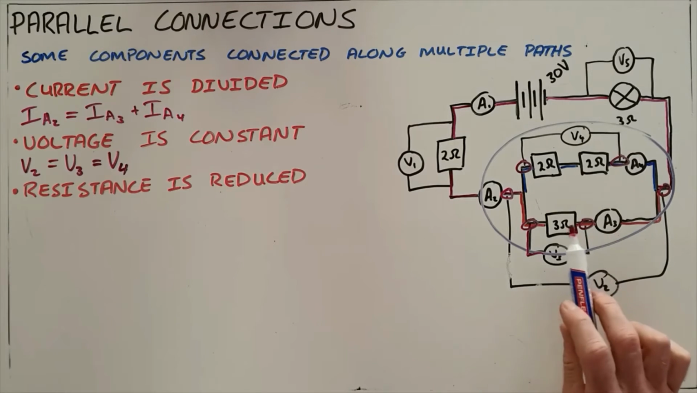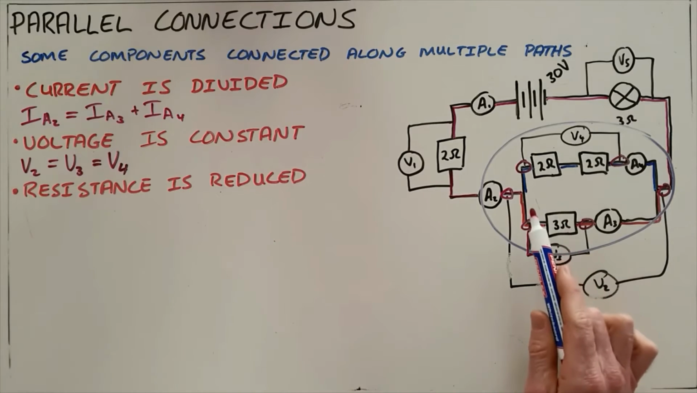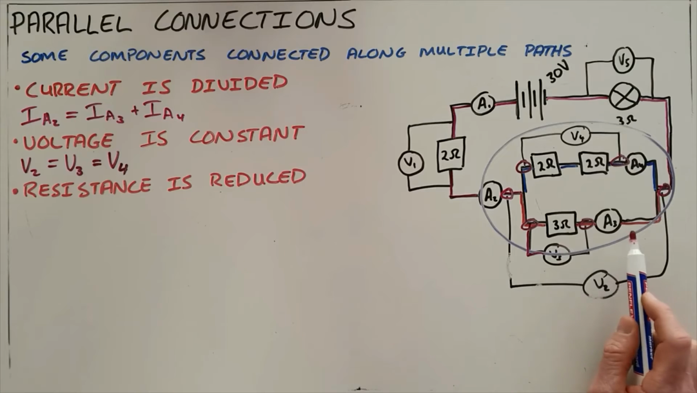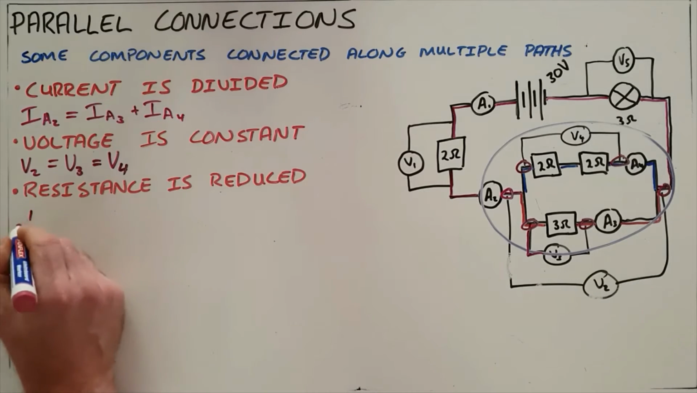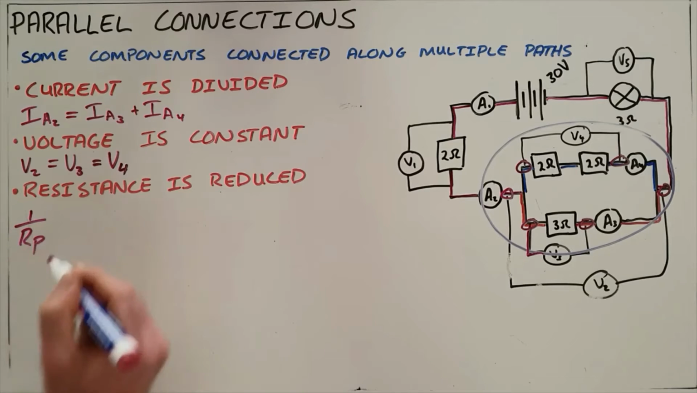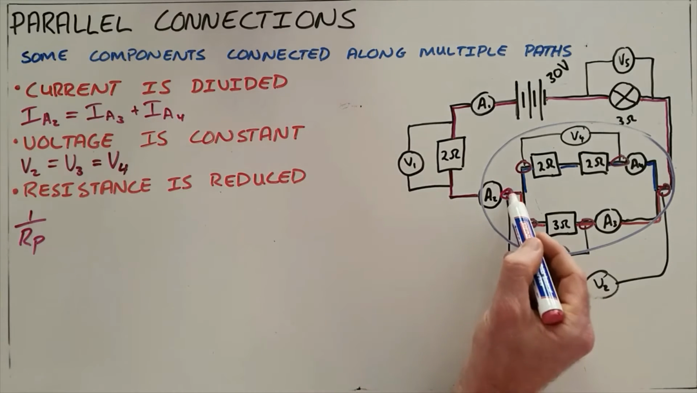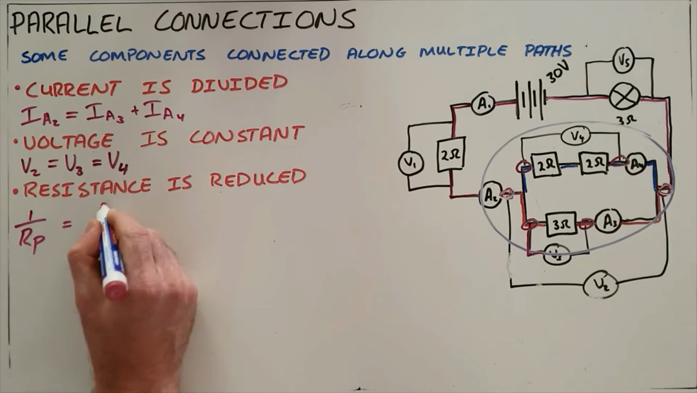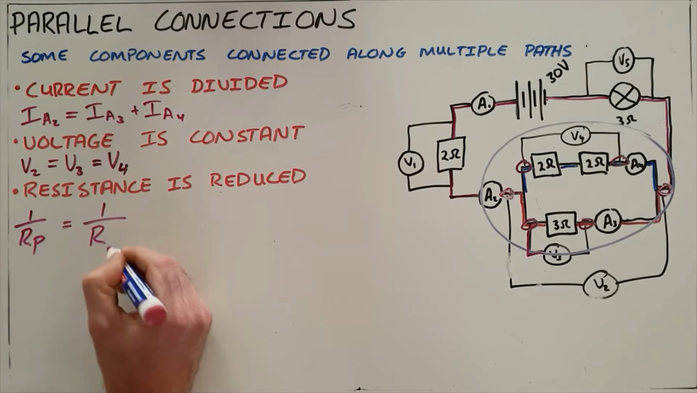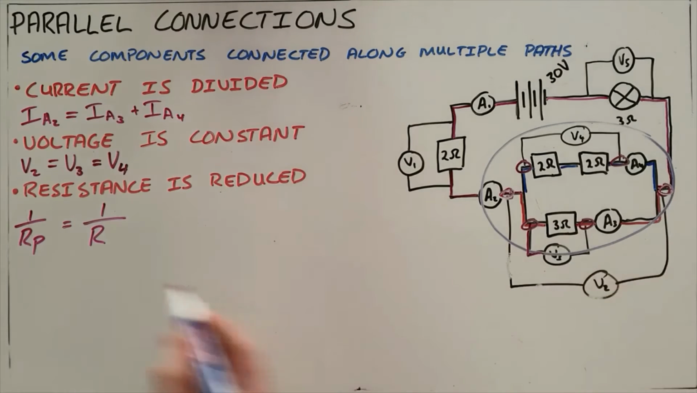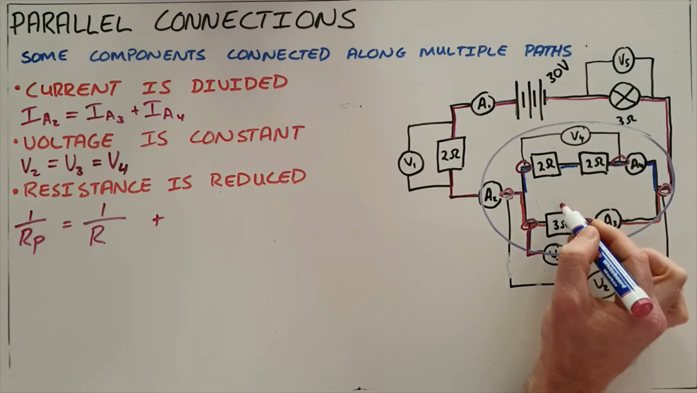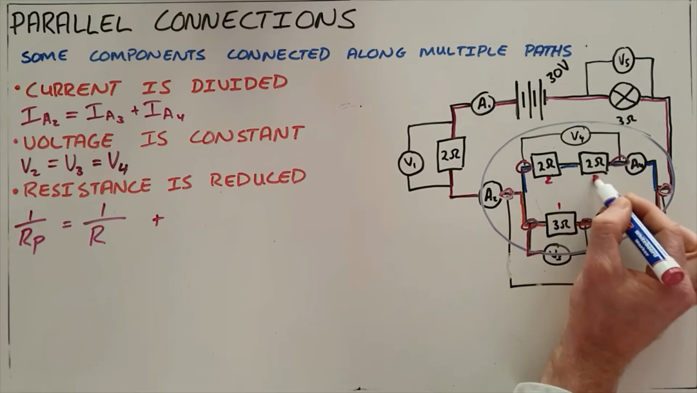The third rule is that, as we can see here, because the current is able to split, it has an effect of reducing the amount of resistance in the circuit. And the way that we show that is we show that 1 over the parallel resistance, meaning the equivalent resistance between this point and this point, is equal to 1 over the resistance of one arm, that being this side over here, plus, we're going to call this resistor 1, we're going to call that resistor 2 and 3,